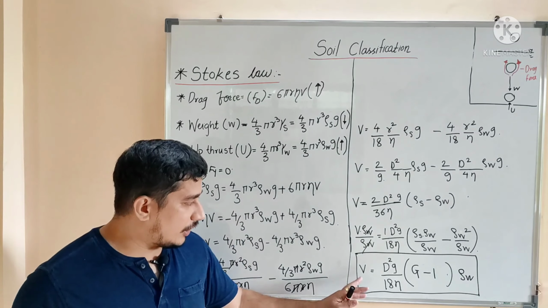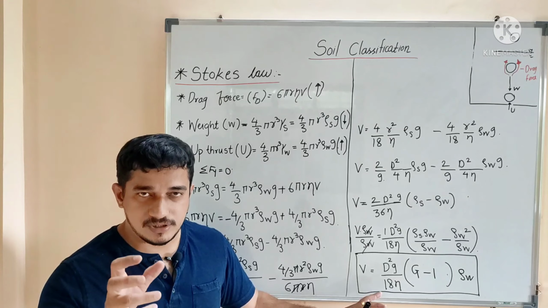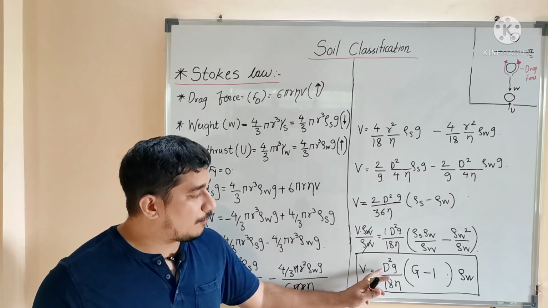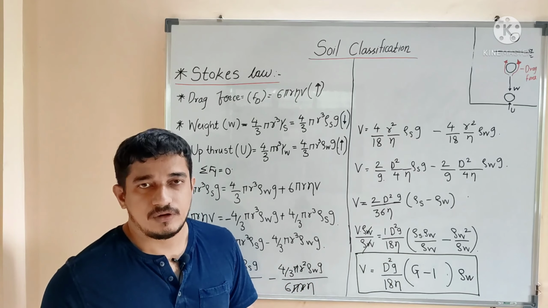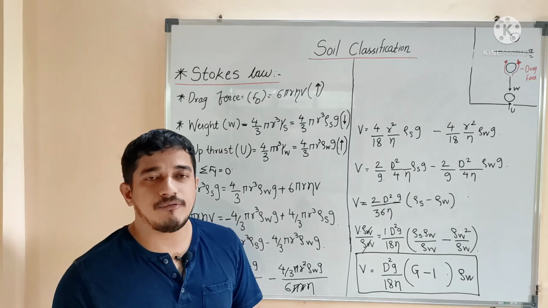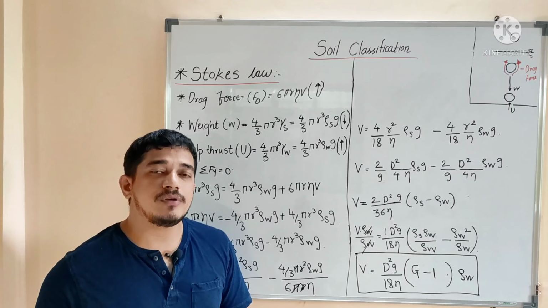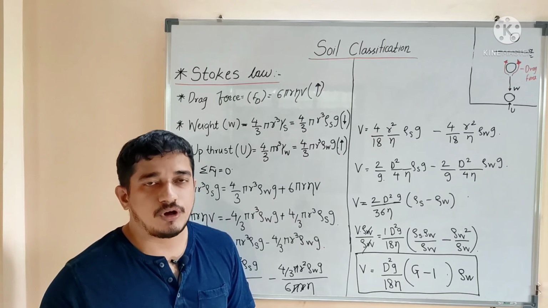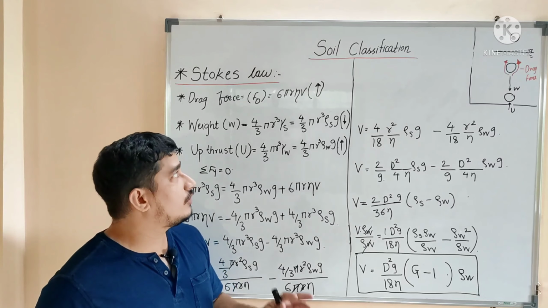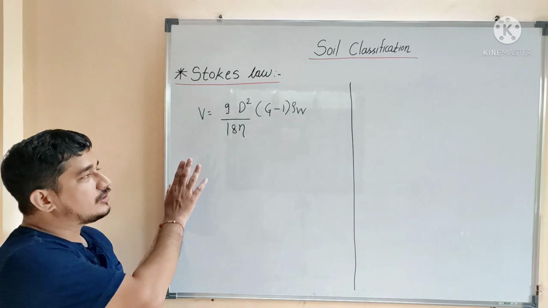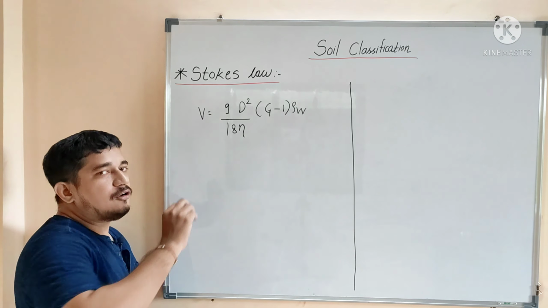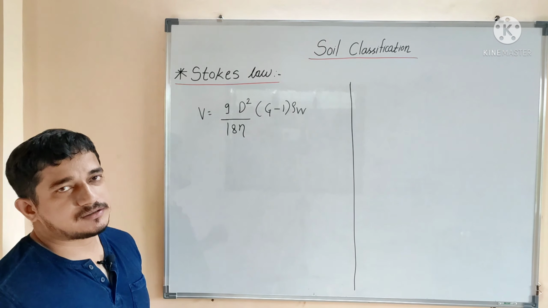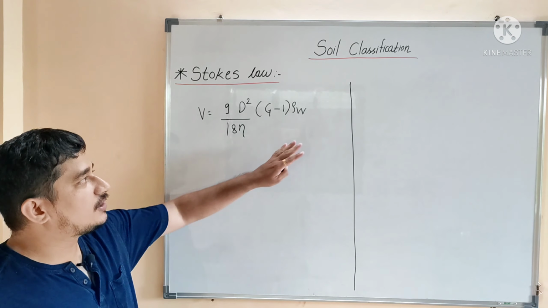So from this equation we know that the velocity of a particle which is settling in a fluid, here water, of infinite extent is directly proportional to diameter square. So it means that if a particle is having more diameter, then it will settle at more velocity as compared to another particle which is having smaller diameter. Okay, so that's all about this Stokes law. So this is the basic equation that we got for a spherical particle which is settling in a fluid of infinite extent. Okay, that fluid is nothing but this water.